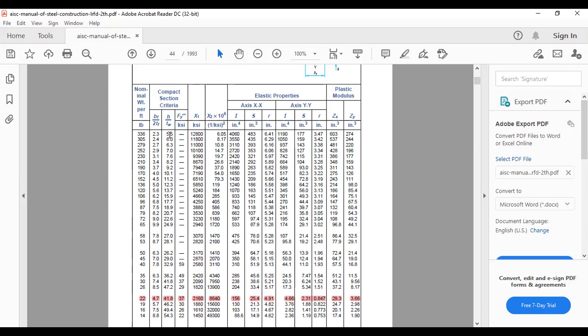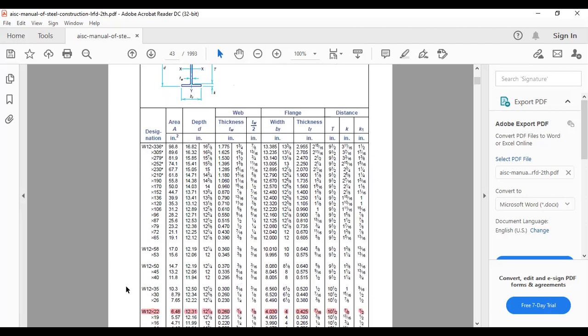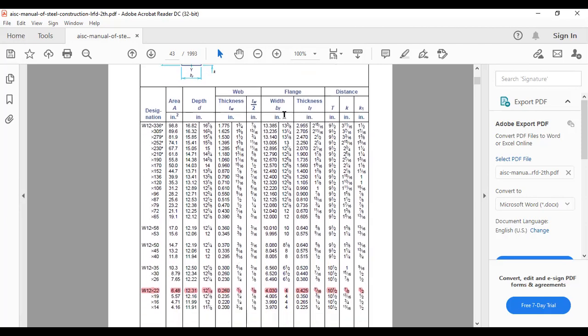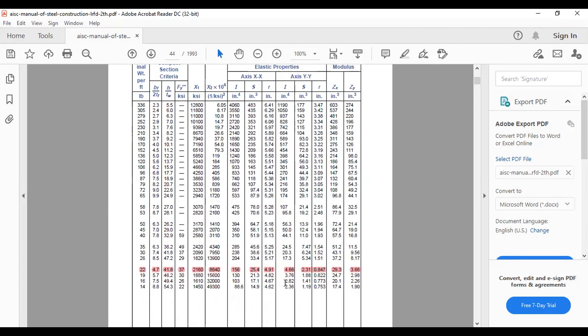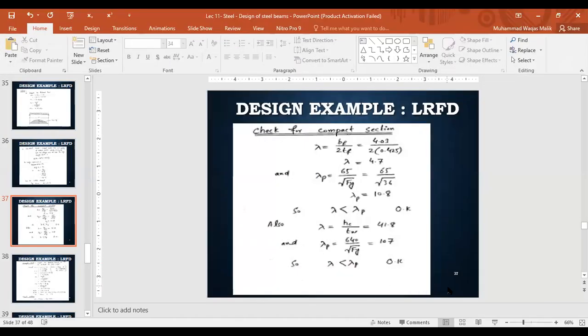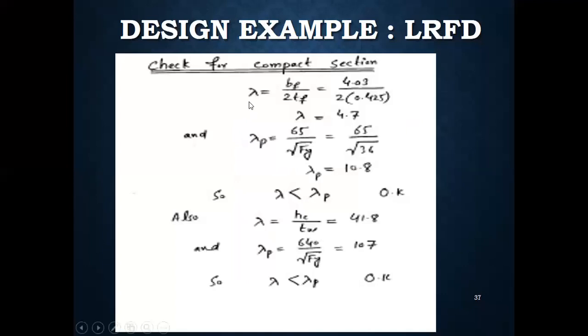You can use these values directly, or you can find out the value of BF by 2TF as well. In the first page you are given the flange width and the thickness, and similarly the web thickness. So you can use these values, or you can directly use the values given on the second page of this AISC manual for section W12 by 22. So once we have noted down these values,